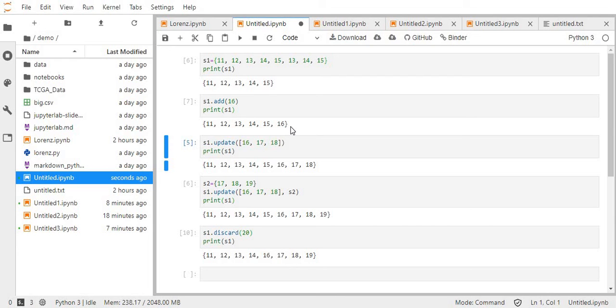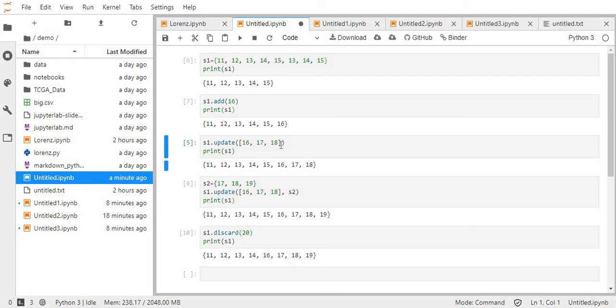But what if I wanted to add multiple values to my set? Then I will use the update method and pass in a list or another set. So if we wanted to add the values 16, 17, 18, then instead of just doing add, which will add one value, I could say s1.update, and in the brackets we can pass in a list of values we want to add.